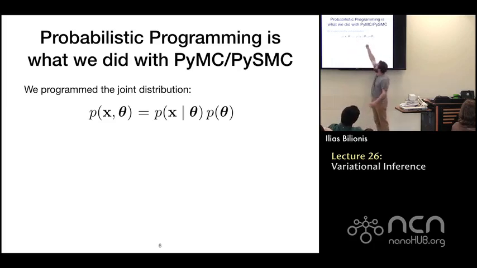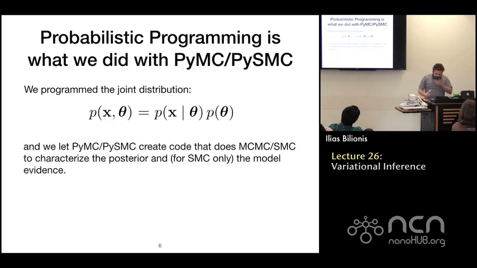That's basically what you did. So this is the joint distribution of the observed data and all the other parameters that you have in your model. And it's always like that. You can always just think of it like this, okay? It may be more complicated in the sense that this may factorize in a more detailed manner, but it's always this guy that you are programming, the joint distribution of the variables. So as soon as you tell PyMC or PySMC what is the joint distribution of your random variables, then it